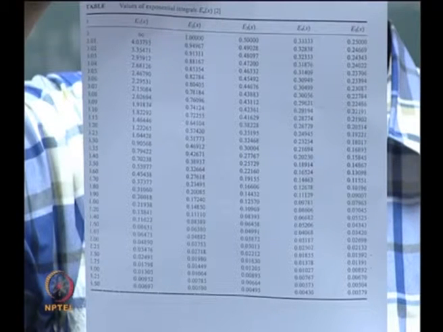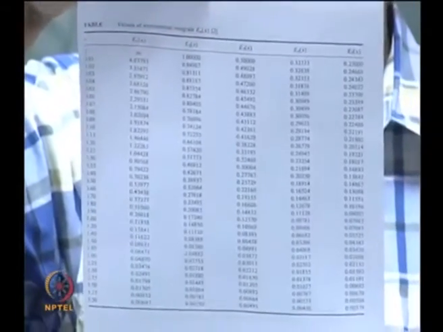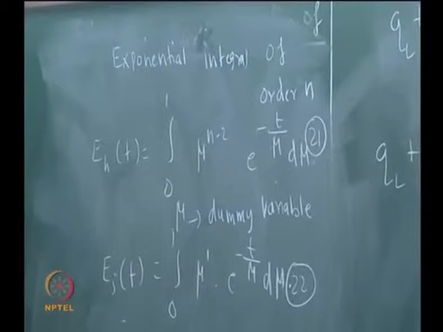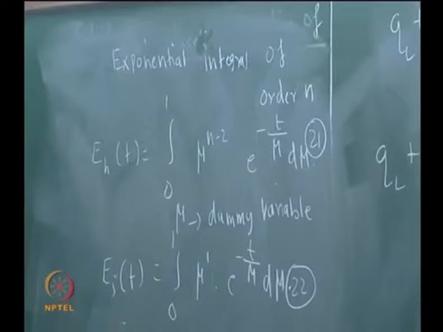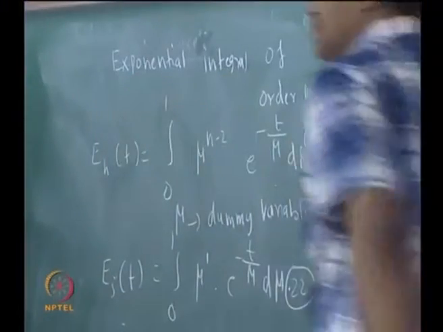You will take it, this is the exponential integral table. You can see the first column gives you the value of x, the second column is E1, third column is E2, E3, E4. As far as this course is concerned, we are worried about the first column and the fourth column. Okay, fine. What are the salient properties of this E3 as observed from the table?